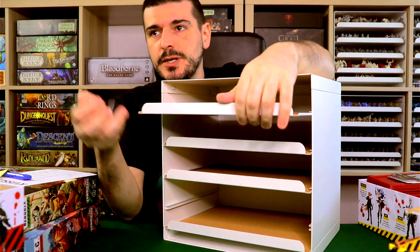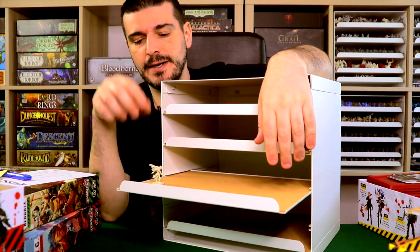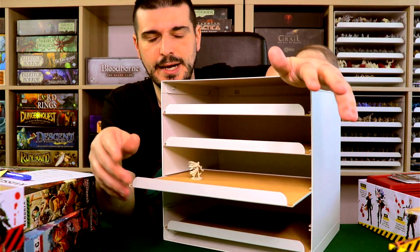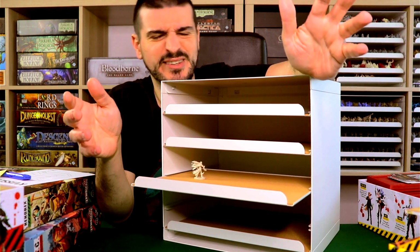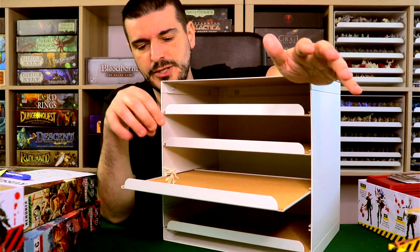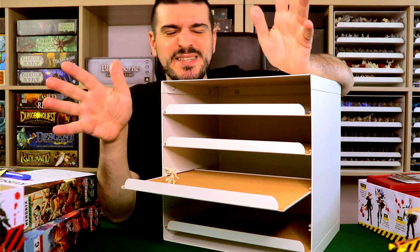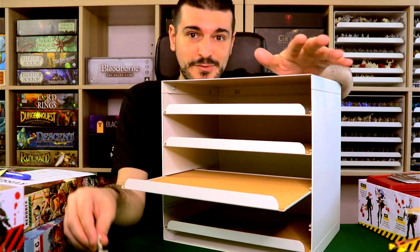So basically what you can do, let me actually show you on this. When a miniature is in here in the cork, it's a loose miniature, okay? If you're kind of rough with it, it might fall, or when you're taking out, you might just bump into other miniatures and they can fall off, kind of like a domino. Doesn't really happen that often, but something that you can definitely do, and I'll get to the point right now,